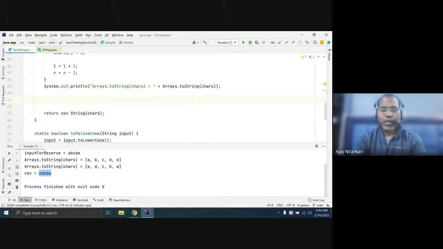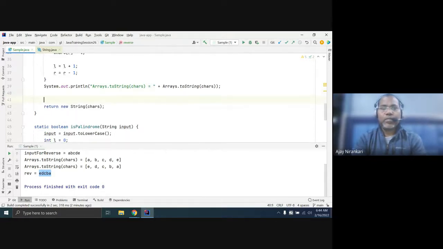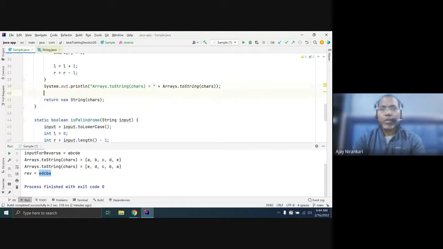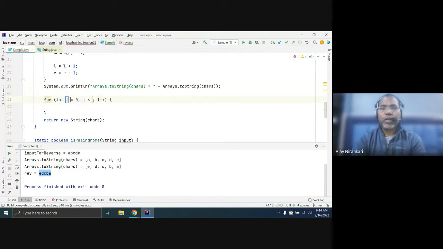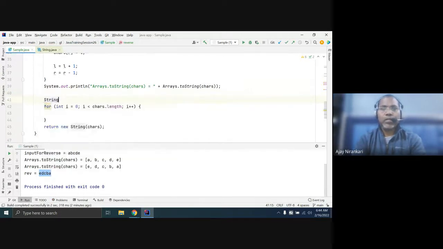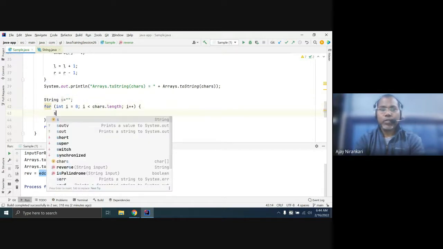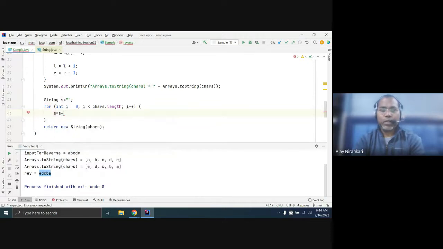Let us write a different method. So here you can use a for loop, whatever your character array has, dot length. You have to run the loop, and you can use a string s, initially s equal to blank, and you can say s equal to s plus each position value.